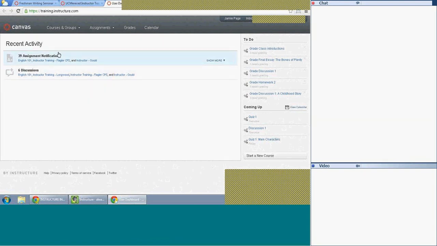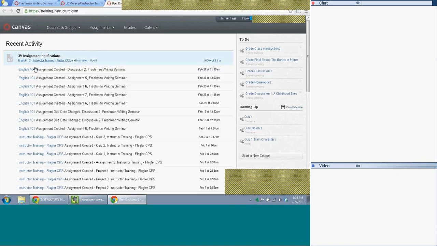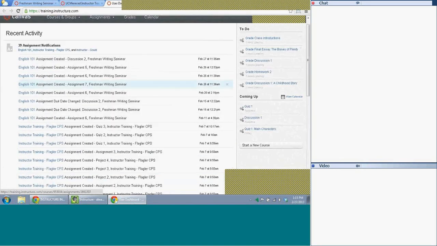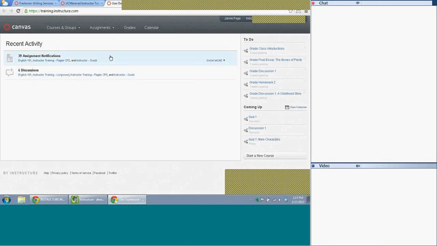On the dashboard screen, you're going to find recent activity. By clicking these links, you can dig in a little deeper and see what the recent activity is. You'll know what the assignment is, and you'll also see the course to which the assignment belongs. These are all part of the freshman writing seminar, whereas these items down here are part of my Flagler CPS course. Okay? So this dashboard view,